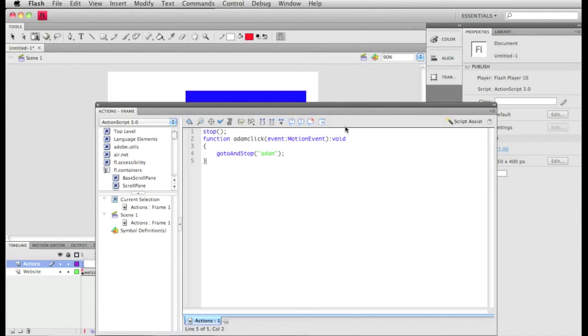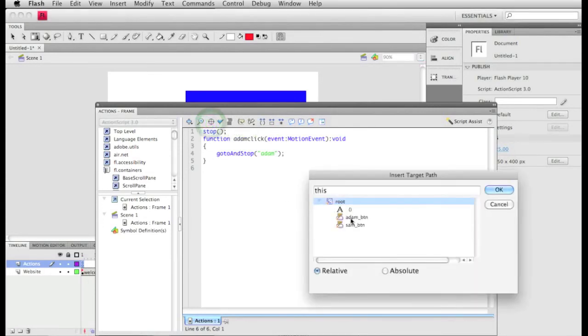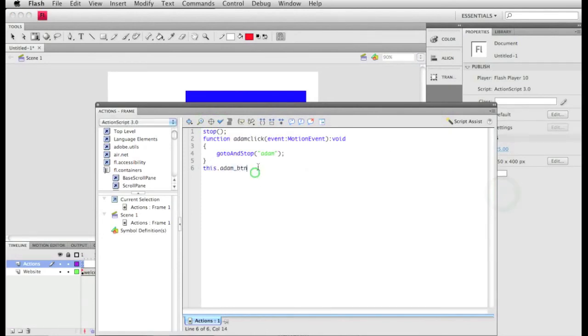Okay, so there we created a function. Now we have to create the event listener to listen for a mouse click, and when somebody clicks with their mouse, we want it to call this exact function that we just created. So what we're going to do is go up to the target right here, and we're going to target the button that we created. So when somebody clicks on this button, and we named it Atom Button, so click target and then Atom Button. So it's going to say this Atom Button, and then we need to call an event listener. So add event listener,